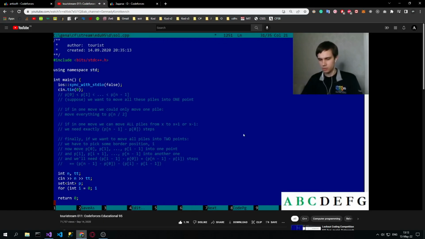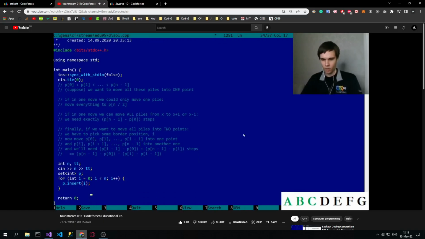Let's say it's P, right? And we will also use a multi-set, D, which will be the set of all differences. P1 minus P0, P2 minus P1, and so on. And so initially, we will just,